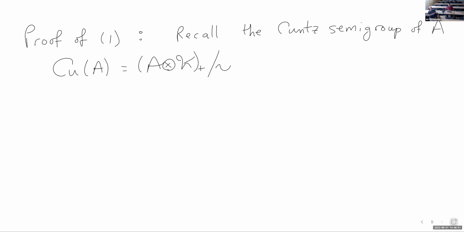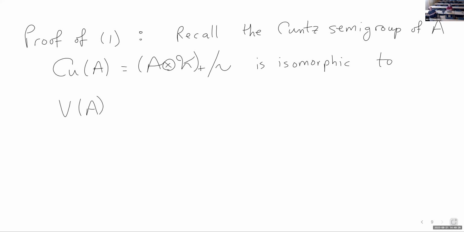The two key things about this object that I want to remind you of. So recall the Cuntz semigroup of A is isomorphic to... And this is where I'm using the fact that A is in this category, E, this classifiable category. So there is this theorem due to Brown, Perera, and Toms that tells us that for classifiable C*-algebras, this Cu(A) decomposes as, first of all,